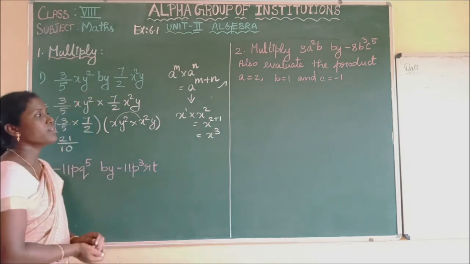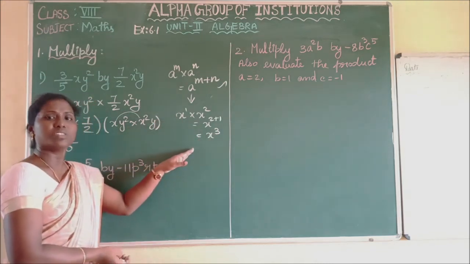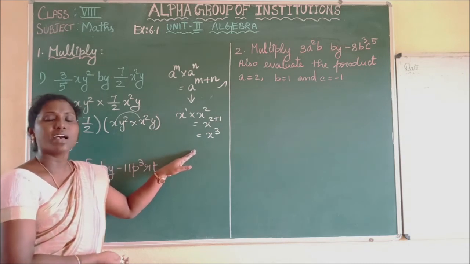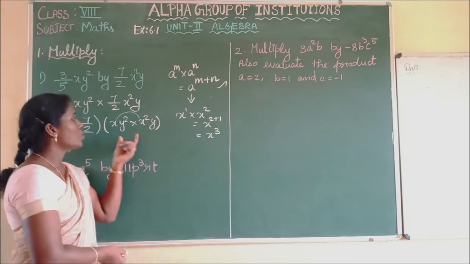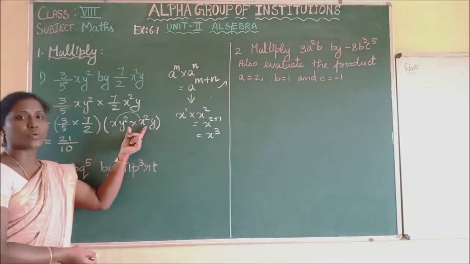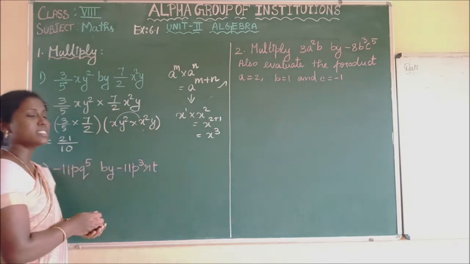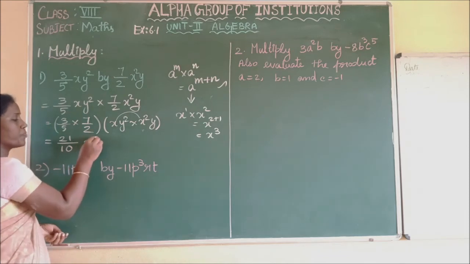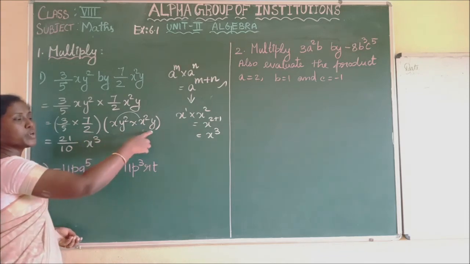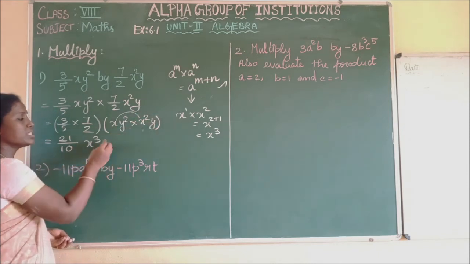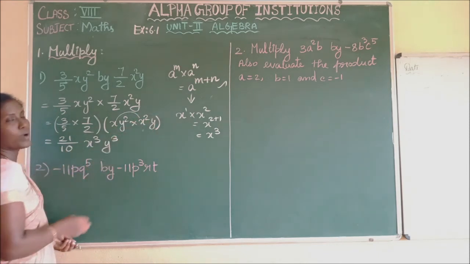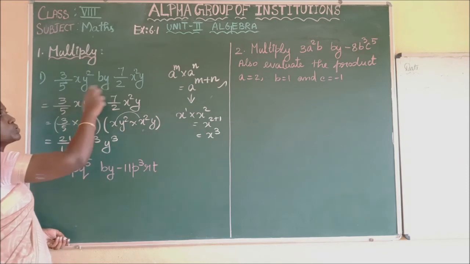But for each and everything we can't do this as a rough column. Just remember that if the bases are same, while multiplying we have to add the powers. So what are the bases here? x into x square. So 2 plus 1 is 3. So x cube. Likewise y square into y. Here 2, here the power is 1. 2 plus 1 is 3. So x cube, y cube. So the product of these two monomials.